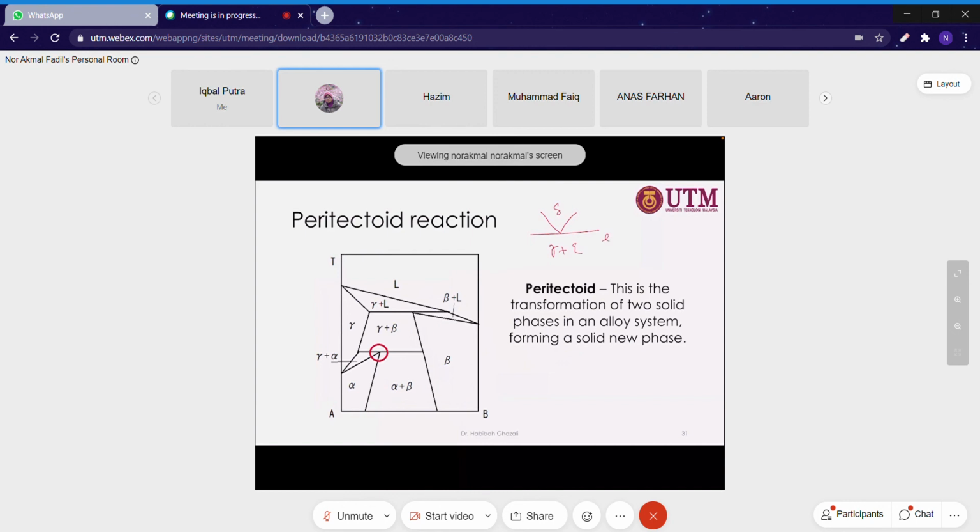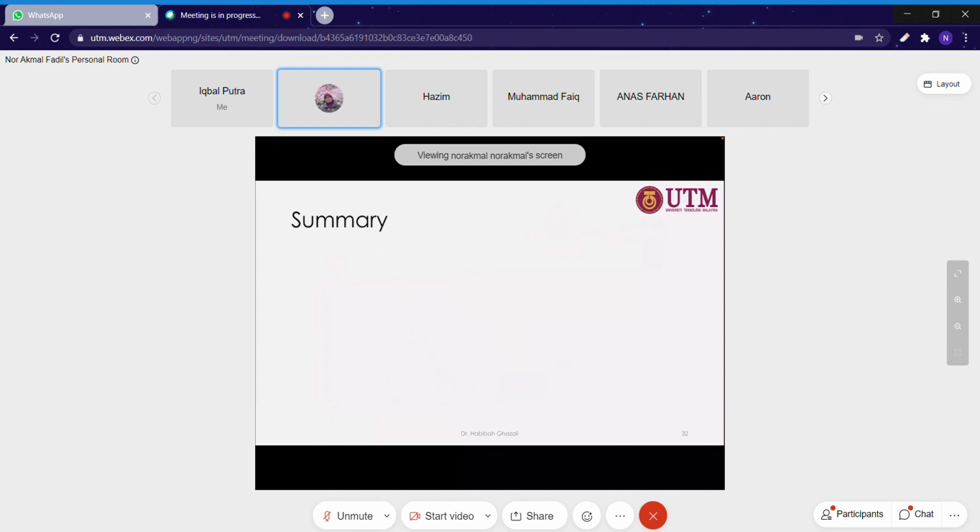This one eutectoid. For this case, if you cool it down, you obtain from two solids into one single solid. So for example, beta plus gamma transform into alpha. Okay, so that's it for four different